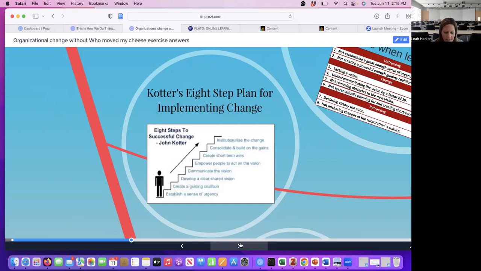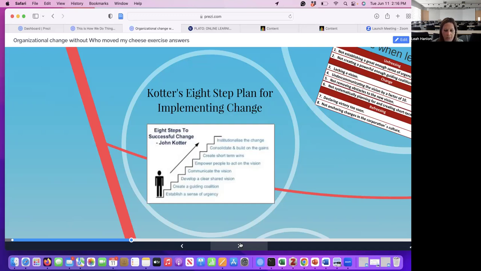So first, you want to establish a sense of urgency by creating a compelling reason for why change is needed. Form a coalition with enough power to lead the change. Create new vision to direct the change and strategies for achieving the vision. And communicate the vision throughout the organization. This is all unfreezing. Then for movement, empower others to act on the vision by removing barriers to change and